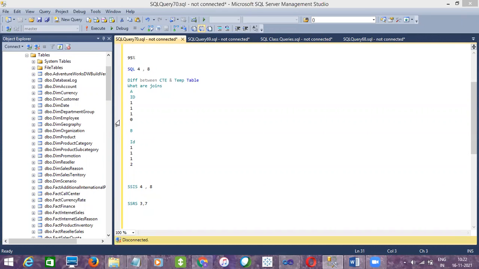It will be 0, right? My question is, I want to retrieve data from table A which is not there in table B. 0 is the only record which is not there in table B, right? So how to fetch it based on the query here? Which join do we need to use?